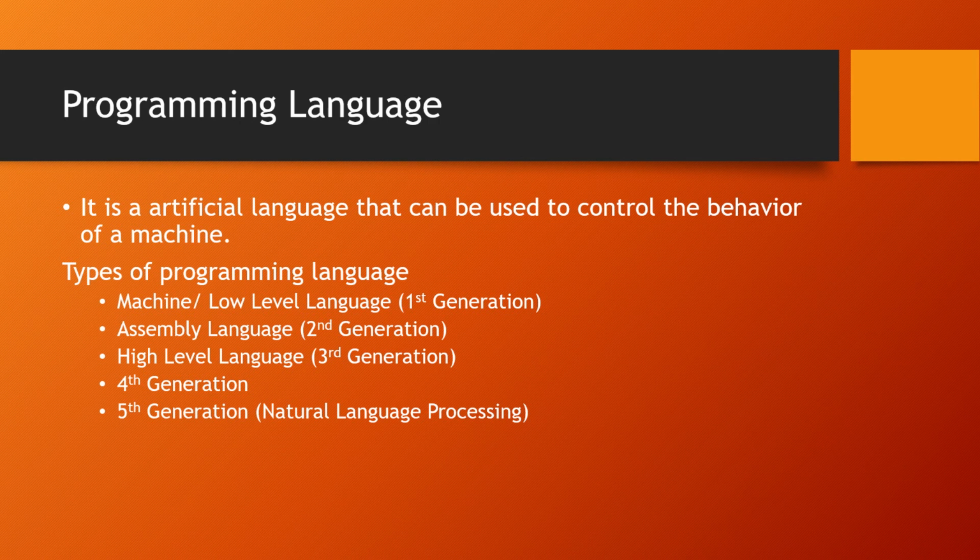Machine language is the low level programming language that can store data in 0 and 1. Assembly language uses an assembler to link the data, and assembly language uses mnemonics to store the data. Mnemonics means keywords. And high level language works in a general user form that a user is using. Fourth generation language is an advanced language that will help to increase the capability of high level language, hiding data from the user and generating the result. And fifth generation language works on the basis of natural language processing, and it is generally used in artificial intelligence systems.